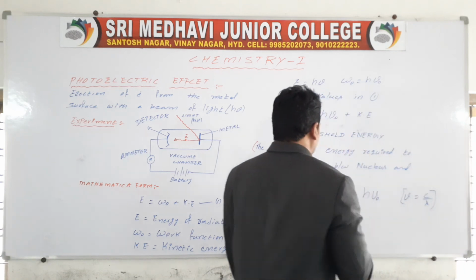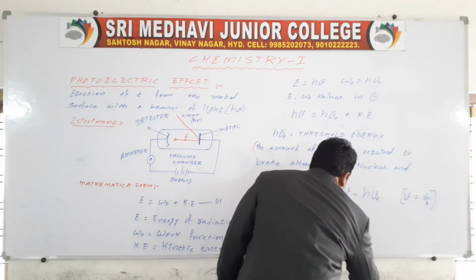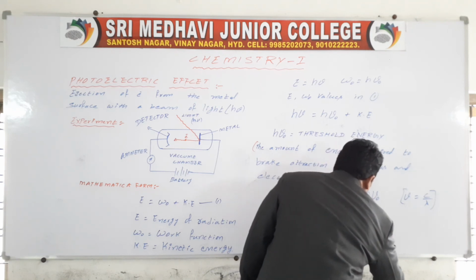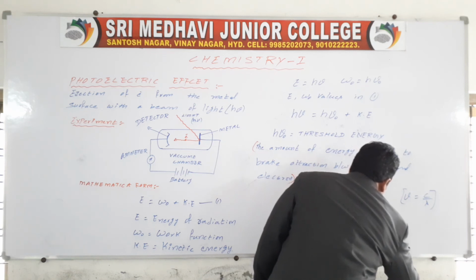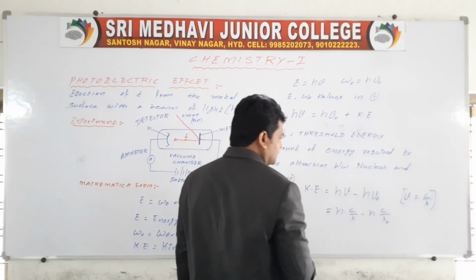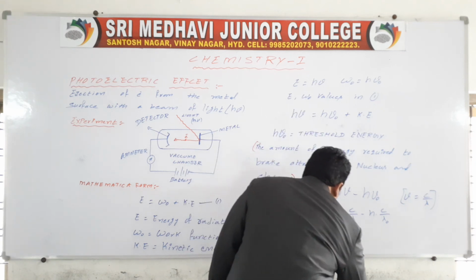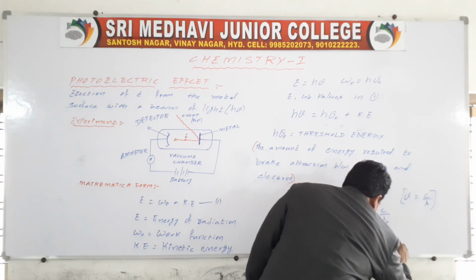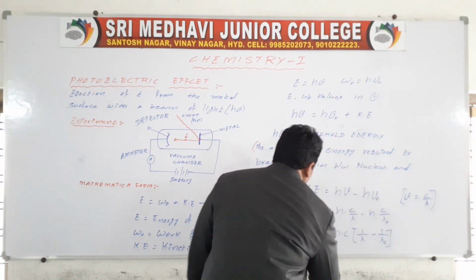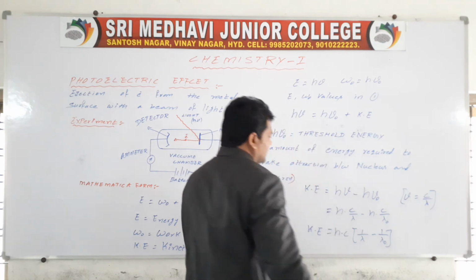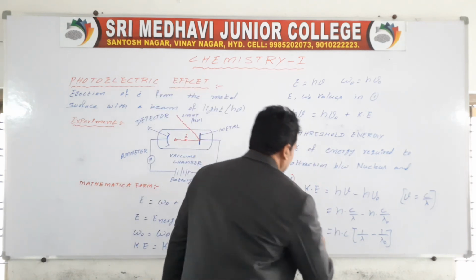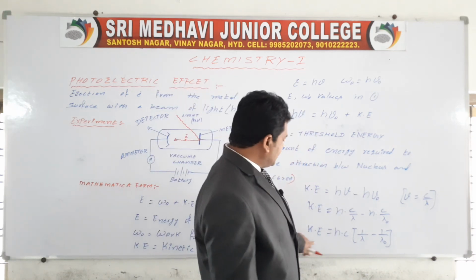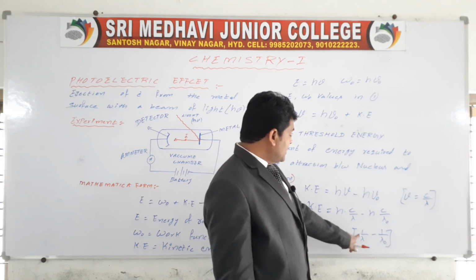Nu equal to c by lambda. Then it is equal to h c by lambda minus h c by lambda naught. Then I am taking hc common, h into c, then 1 by lambda minus 1 by lambda naught. This is nothing but K, the simplification of photoelectric effect. So here K equal to kinetic energy, h is Planck's constant, then lambda is